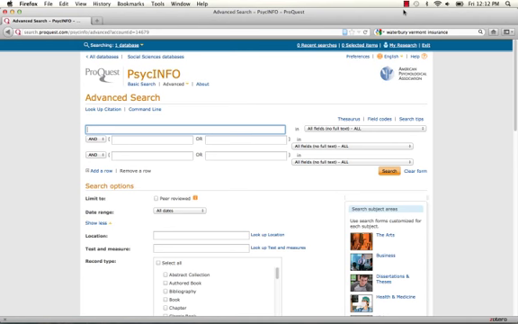So when we're searching PsycInfo, or any database for that matter, what we're really doing is searching across thousands of different journals, and within those journals, millions of different articles. So the searching is wildly powerful. But one thing I will say is that because the searching is so powerful in these databases, it also means you have to do a lot of weeding out and looking through things that may not be pertinent to your search. So I'm going to cast a very broad net here, and I'm going to search for